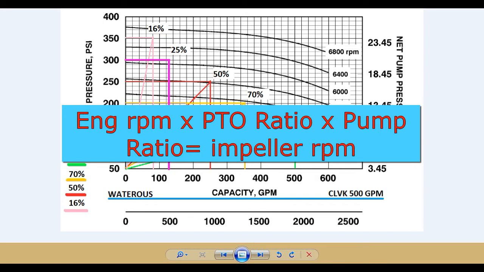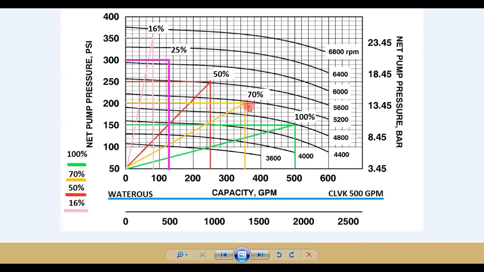But as you start moving up in engine speed, the impeller speed climbs, but you lose in your gallon capacity, even though your pressure is going up. And that's standard. So if you start reaching the 300 psi mark, you're only going to be moving about 125 gallons a minute on this particular pump. And if you go up to 350 psi, which is the max for this particular pump, you're only expected to get about 16% of the volume, or 80 gallons a minute. So now that we've given a basic overview of what this pump curve is, let's go into